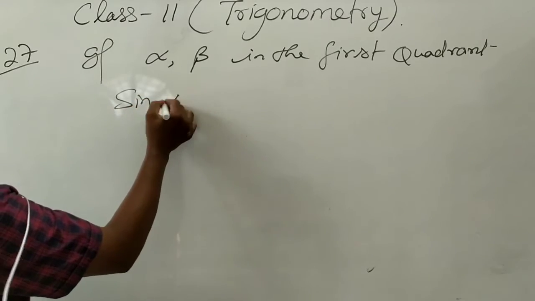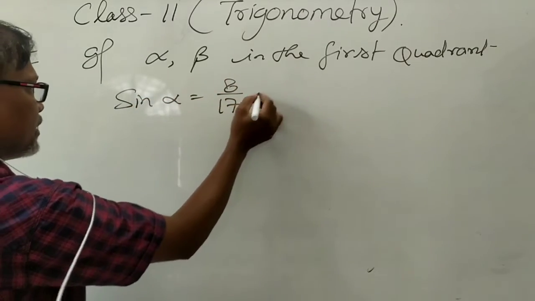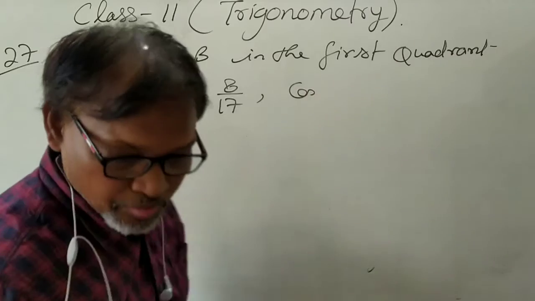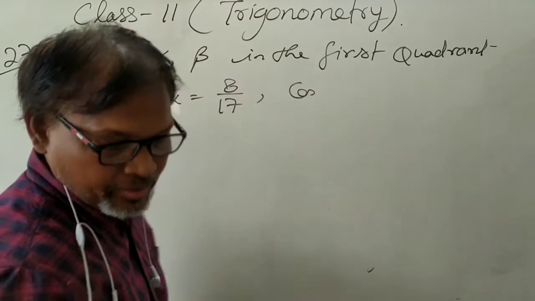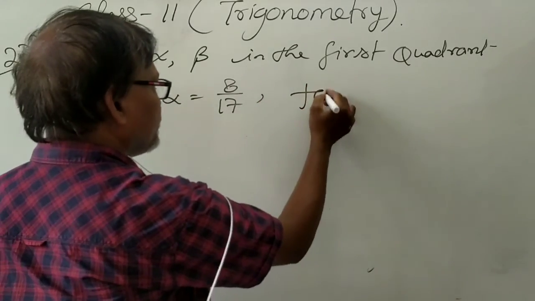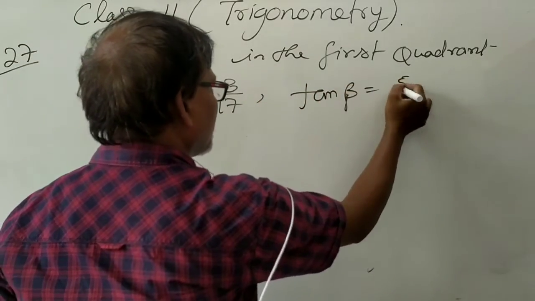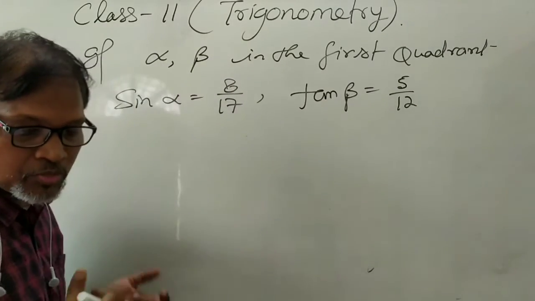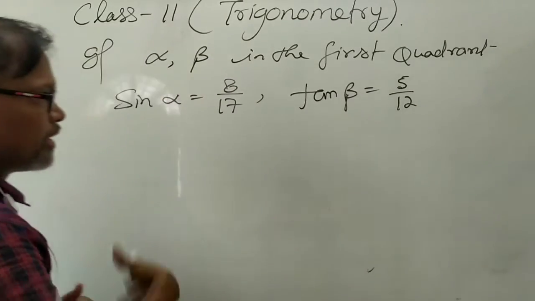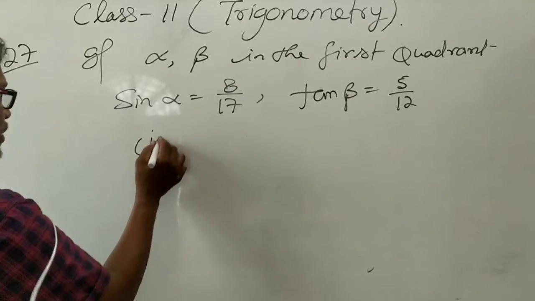Tan beta is 5 by 12. Find the values of sin alpha minus beta, cos alpha minus beta, tan alpha minus beta. For example, cos